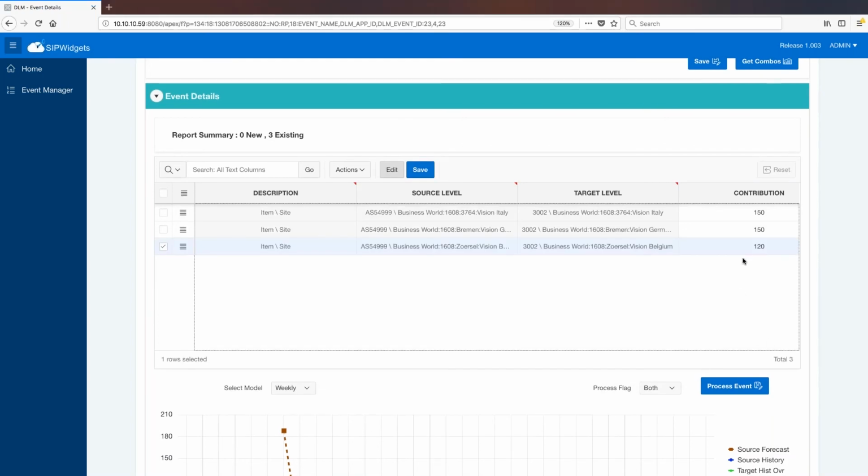You can modify the contribution percentages. This is a source item, and the customers are going to the same customer set. You can say, okay, I'm not going to choose 120% as contribution, but only 120, right?